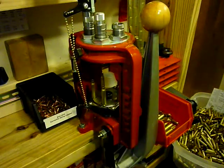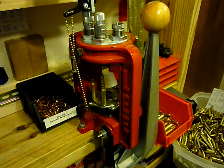Today we're going to be looking at the easiest and most reliable way to load .223 rifle ammo on a Lee progressive press. This is the